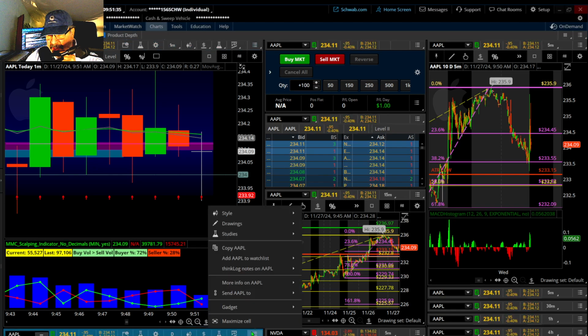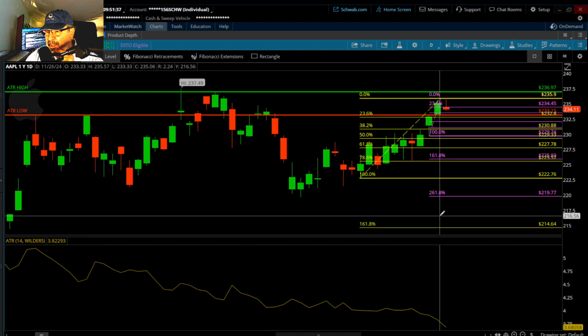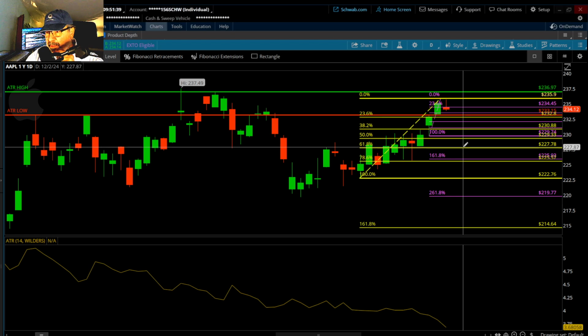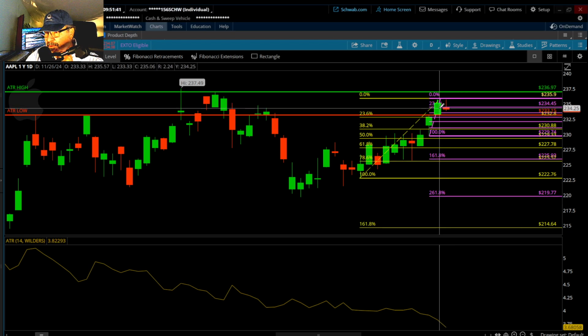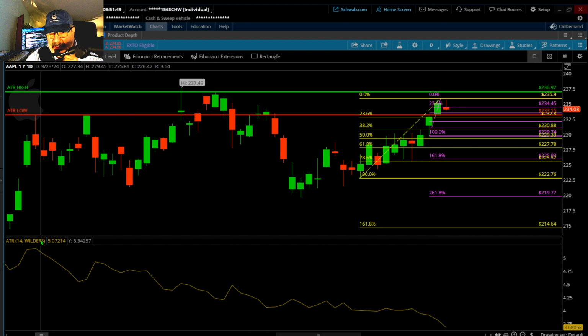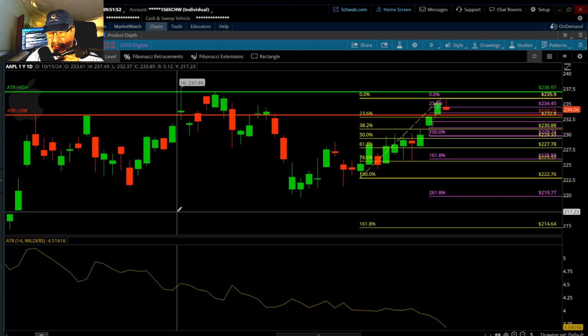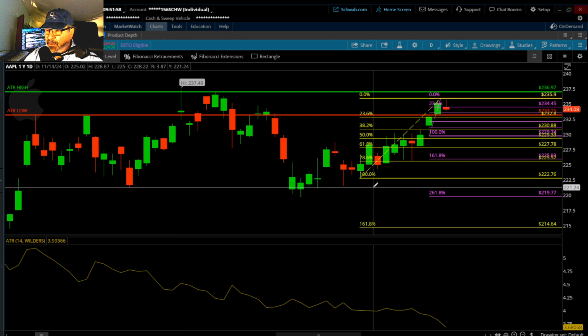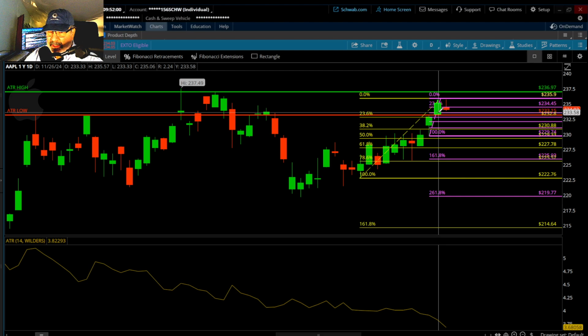So the first thing we do to set up this strategy, we don't have much time, is we go into a day chart that was minimized down here, and we look at the close of the previous day, which to the right of my picture was $235.06. And then you look at the ATR down here. This is the average true range of a stock, meaning its average price range over a 14-day period. They take an average, and if I go over the candle from the previous day right there, it'll show that